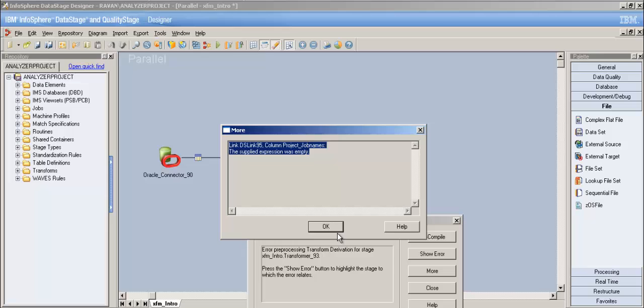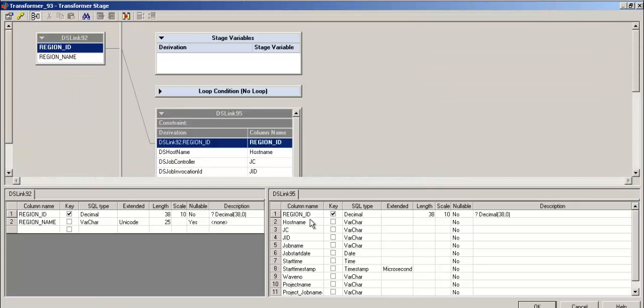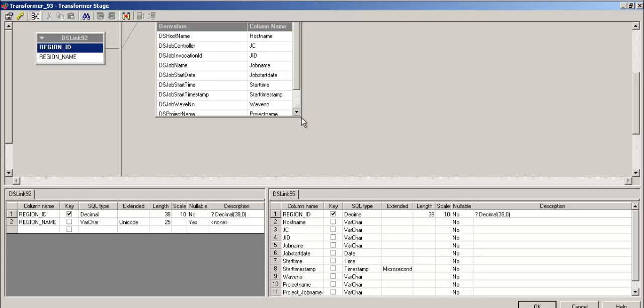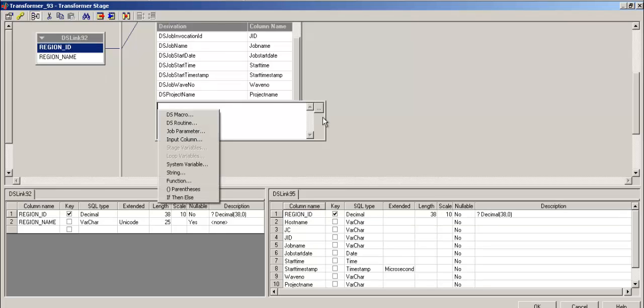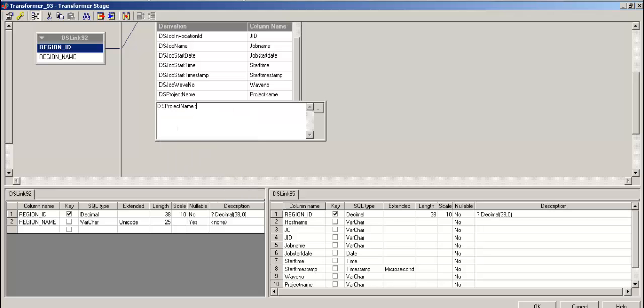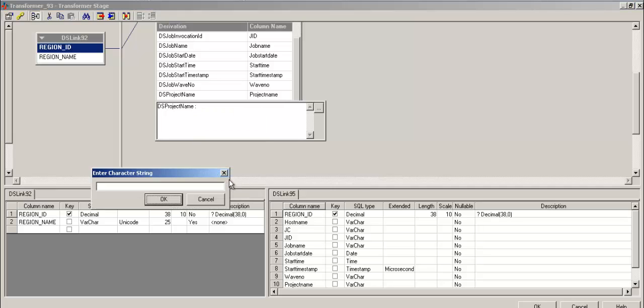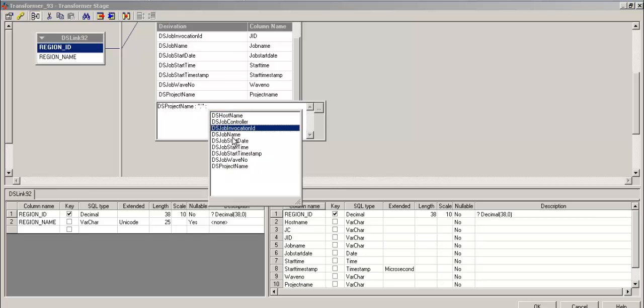Project names, the supplied expression was empty. Okay, let me just see something. We defined something wrong with this. So let me see what's the error. What does it say? Okay, so see, this says that it's empty. It didn't take that. So DS macro job project name and colon and then string, and I want dot as my dot. Project name and job name should be separated by dot, and then colon again, and then choose